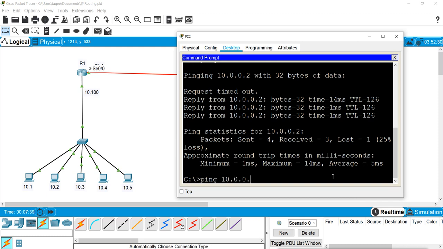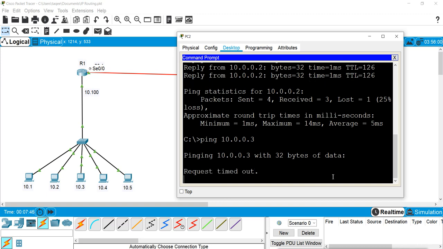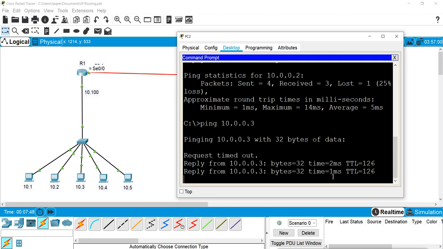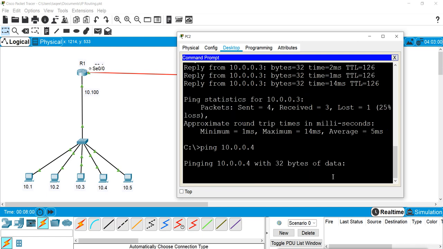Now 10.3 it will reply from 10.3. .4 and we will get the reply from 10.4.